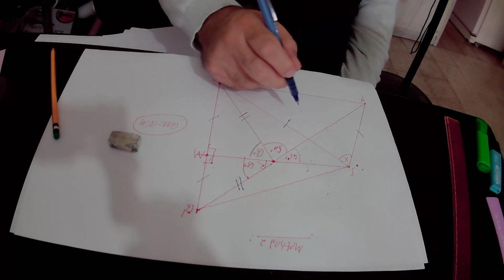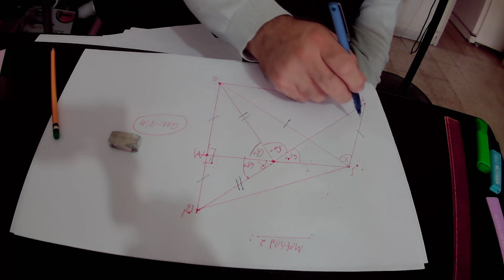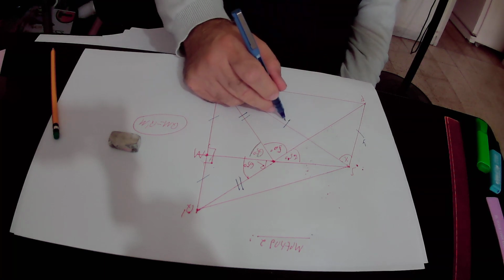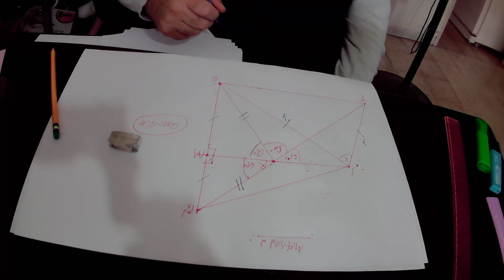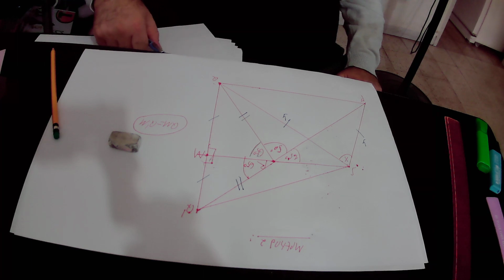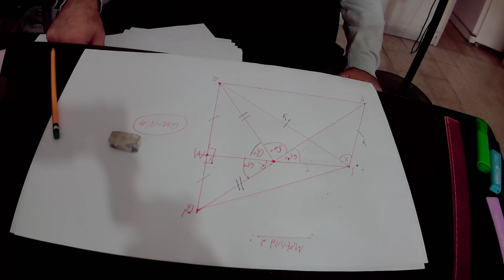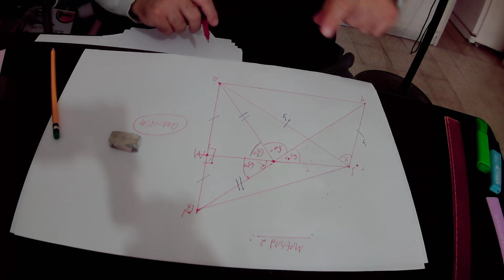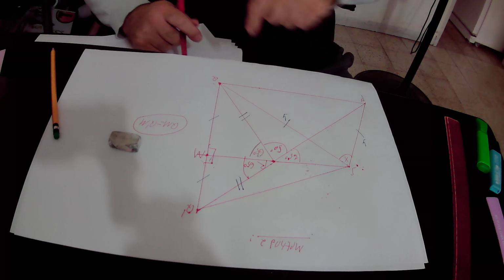So if we define SP as Y, then SQ will also be equal to Y. Okay, so in the next step we will focus on the right triangle SMQ,